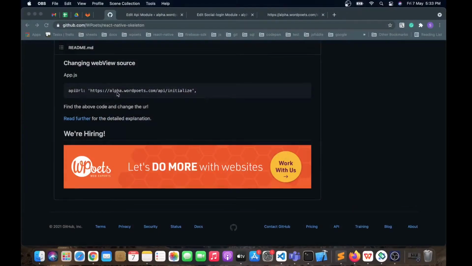Hello, in this video we are going to learn how to do Google authentication in our React Native skeleton from a web view. Here we will create a simple web page and a button on it, and on the button click we will make sure that the user gets authenticated.